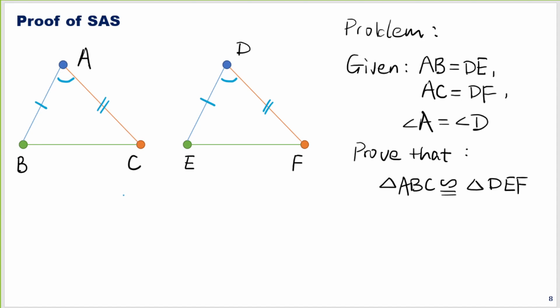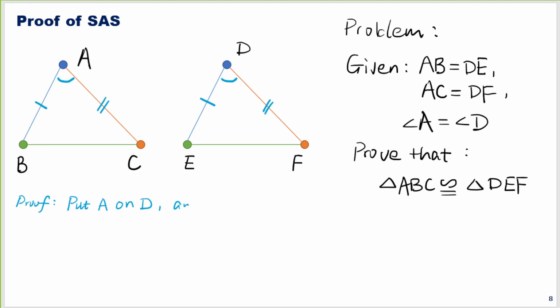All right, let's have a look at the solution together. So the key to proving two figures are congruent is that when you translate one figure onto the other, each element of one figure should be exactly on top of the other figure, right? So here, I'll write it here, proof. We can first put the point A on D